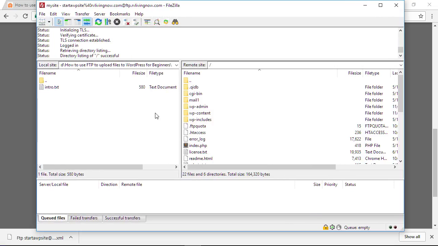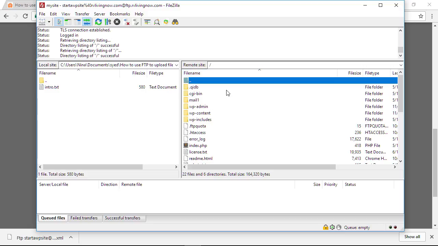Now let's take a look at the FTP area. Over on the left is our local site, and this is a folder on my computer where I can upload and download files. And again, this is on my computer. Over on the right is the remote site, and you should see your WP folders and files here. If you see something like public_HTML, then you're one folder above where you should be. So go ahead and click into that and try and get to the folder where you have all of your WordPress files and folders.